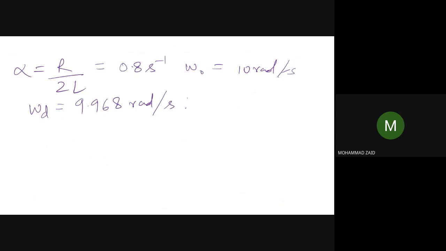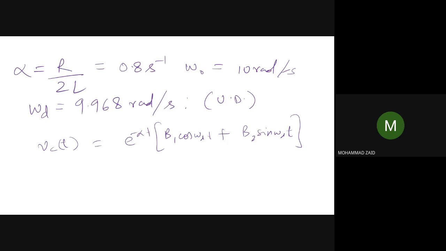For calculating the expression for VCT, we write a similar equation to the one we have already written. Since it is now an underdamped circuit, VCT can finally be written as e to the power minus alpha t, times V1 cos of omega d t plus V2 sine of omega d t. Now omega d is known, so we need to calculate the values of V1 and V2. How can they be calculated? The values of V1 and V2 will be calculated by putting in the initial conditions.